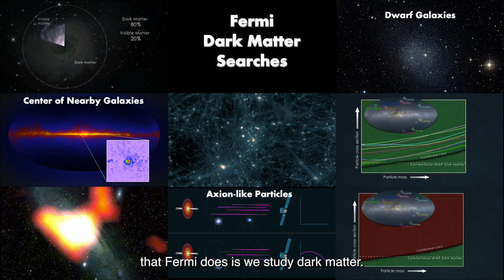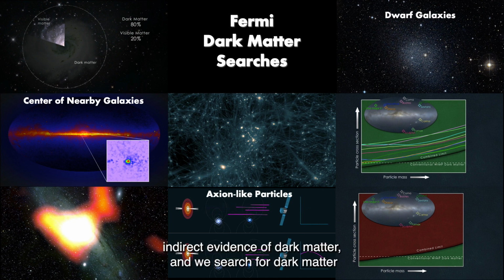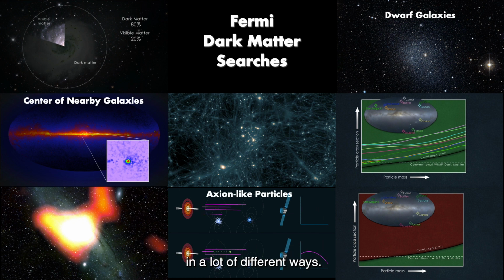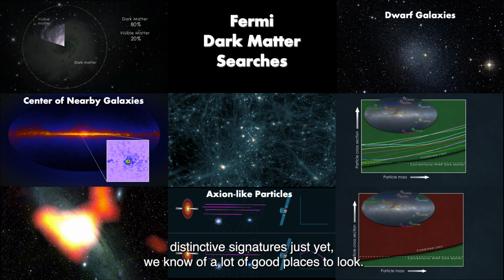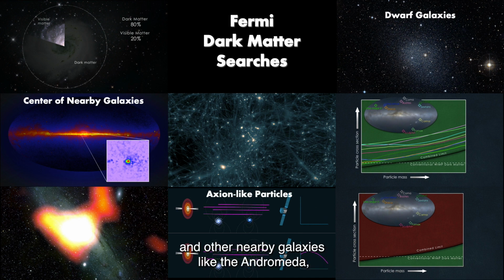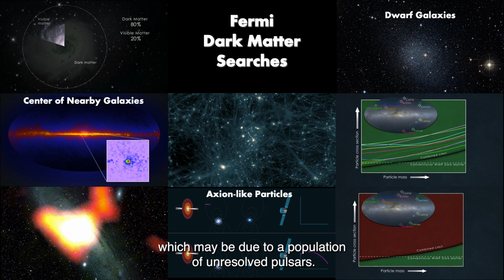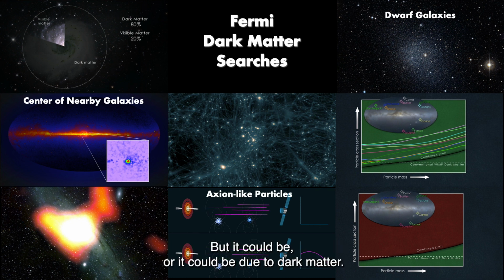Another thing that Fermi does is we study dark matter. Fermi provides one of the best ways to detect indirect evidence of dark matter. And we've searched for dark matter in a lot of different ways. And although we haven't detected any distinctive signatures just yet, we know of a lot of good places to look. This includes the center of our own galaxy and other nearby galaxies like Andromeda, where we see a hint of an excess, which may be due to a population of unresolved pulsars,